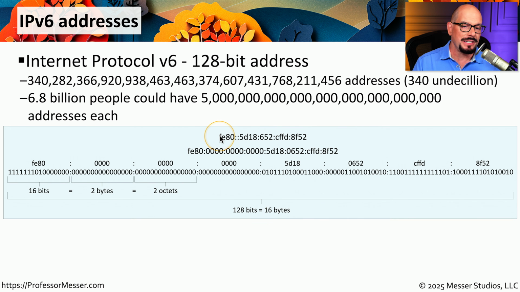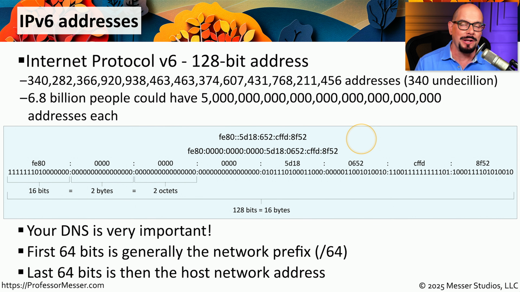Because the IPv6 address is much larger and much more difficult to memorize than IP version 4, DNS now becomes very important. Instead of having to memorize an IP version 6 address, we'll rely on DNS to be able to reference these addresses by their fully qualified domain name. We also don't do a lot of subnetting with IP version 6 because, quite frankly, we don't need to. We have an enormous number of networks and an enormous number of devices that we could put on each of